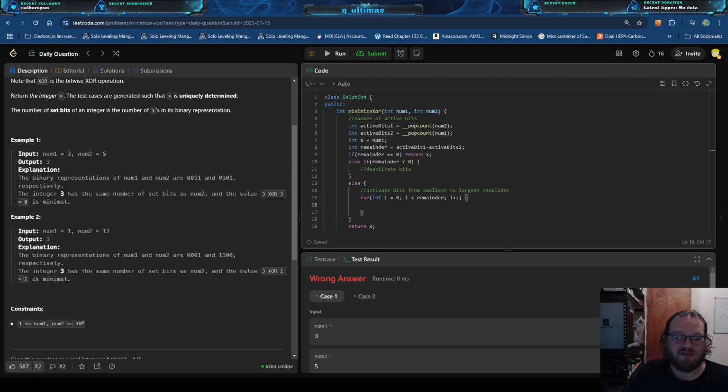Right. Okay, and now we want to shift I, which we already have, left. So we want to shift 1 over I times, right? And we want to XOR this with nums1. And we only want to do that if